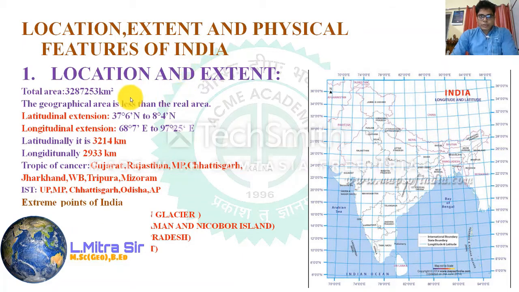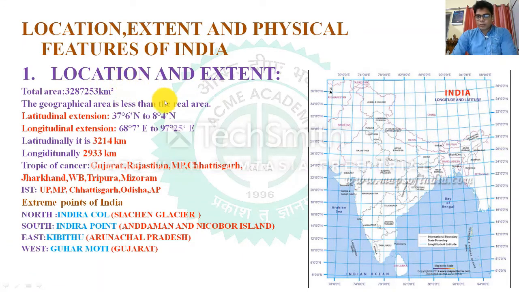If we want to discuss the location of India according to the earth, we can consider that India is located in the northern hemisphere, that means north of the equator. And according to the prime meridian, or Greenwich, our position is the eastern hemisphere. That's why for latitude we mention only north, and for longitude we mention east, the eastern hemisphere.